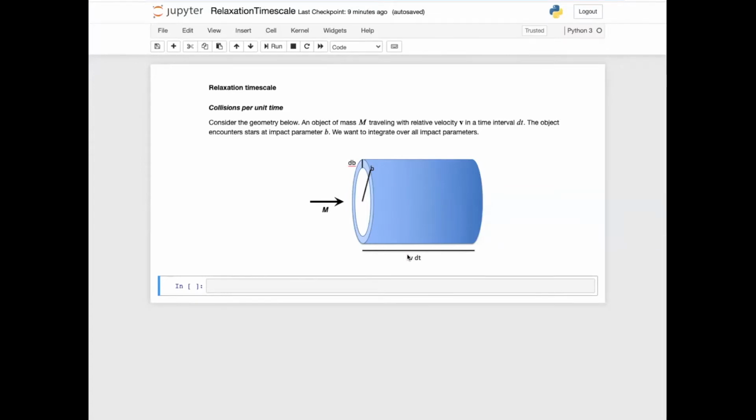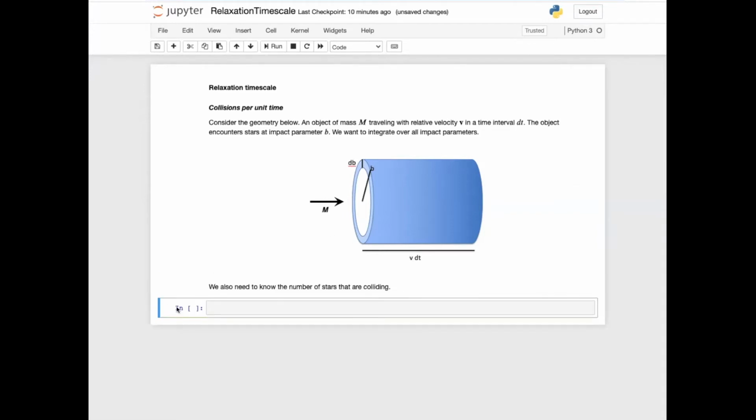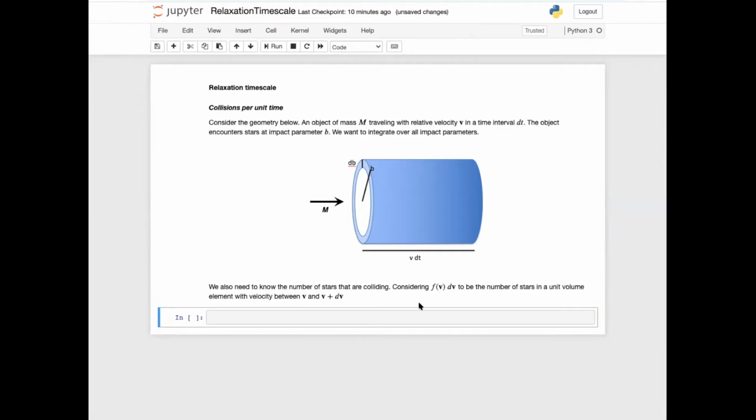We want to integrate over all of the impact parameters to know how much energy is being transferred to this object. We also need to know the number of stars that are colliding. Now, because this is continuous, there are too many stars, so we need to consider a distribution. So we are going to consider f to be the distribution of stars. This quantity f dv is the number of stars in a unit volume with velocity between v and v plus